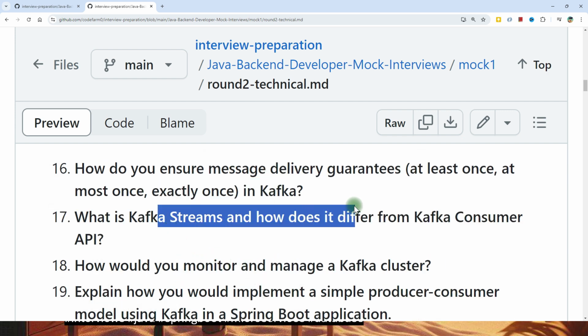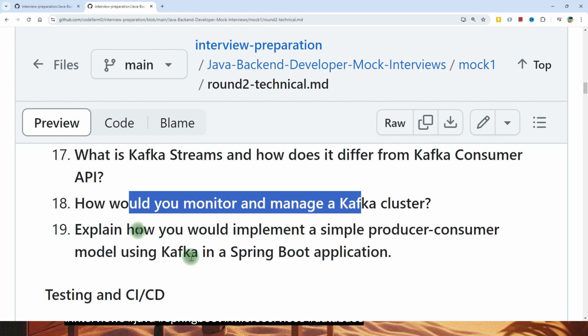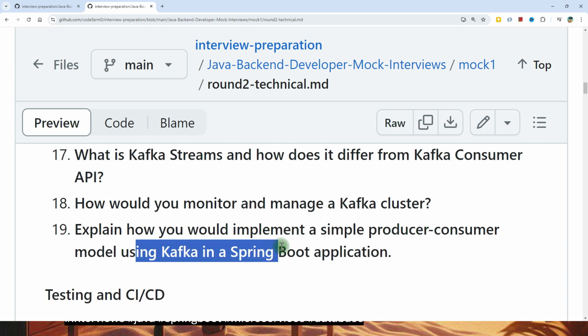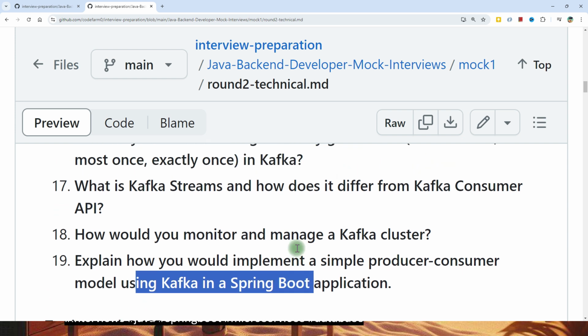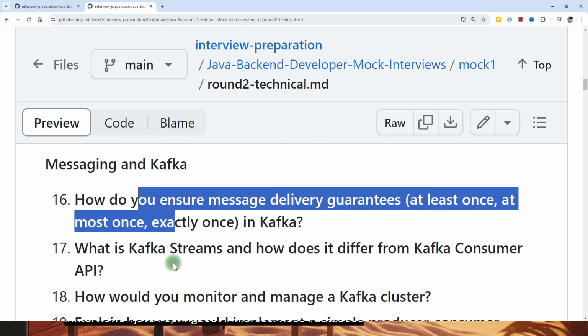What is Kafka Streams and how is it different from the Kafka Consumer API? How do you monitor and manage a Kafka cluster? Explain how you implement a simple producer-consumer model using Kafka in a Spring Boot application. So you will be able to answer these things when you have practical and working knowledge of this and